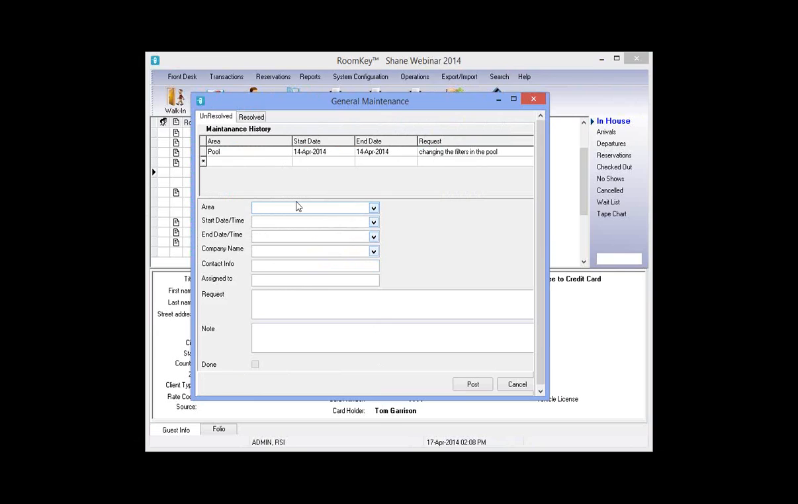When you first come into this area, you're actually not going to have any areas whatsoever. This is a free form type. So once you type in an area in here, it will now stay as one of your areas. So for example, I have pool, lobby, parking lot, hot tub, pub. Okay, so I'm going to do one for my